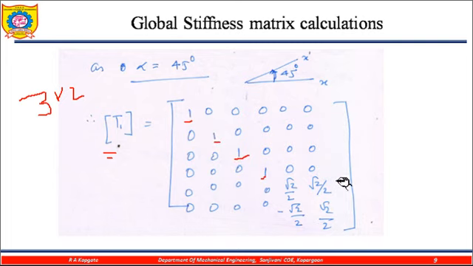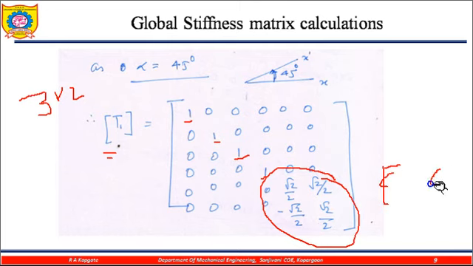But at the last link, this is not the identity matrix. Instead of that, you need to use the transformation matrix. In a transformation matrix, the transformation matrix is equal to C S, minus S C, S C, minus S C. So this is the value. Put these values and get the solution.